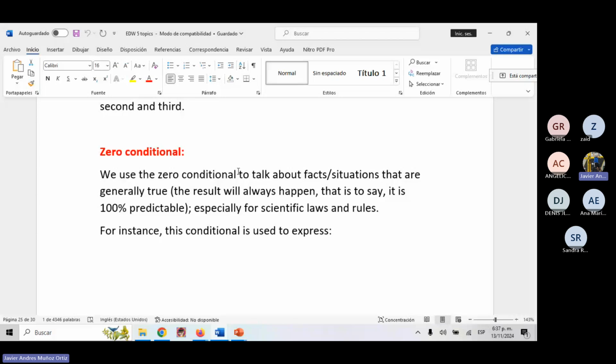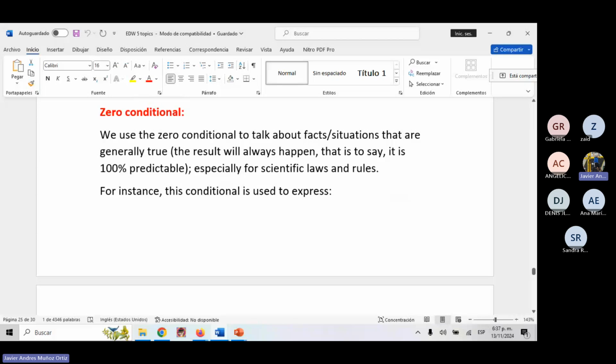I mean, when we have a starting situation, a beginning situation, we are going to know with 100% certainty what's going to happen as a result. We have this first situation, the result is predictable. Okay? So that's why we use zero conditional, especially for scientific laws or rules, right? For example,